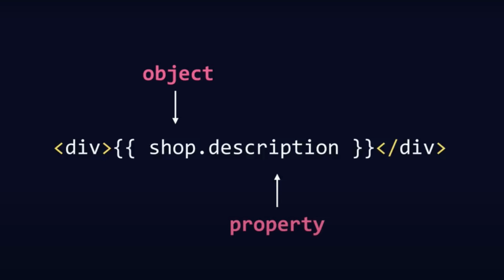If the object is called shop, you can assign to it a description. If the object is called product, you can assign to it a title, and so forth. If you get deeper in Shopify Liquid, you can find that you can assign three or four dot notations after the real object. You can assign properties to it, so you can reach a very specific